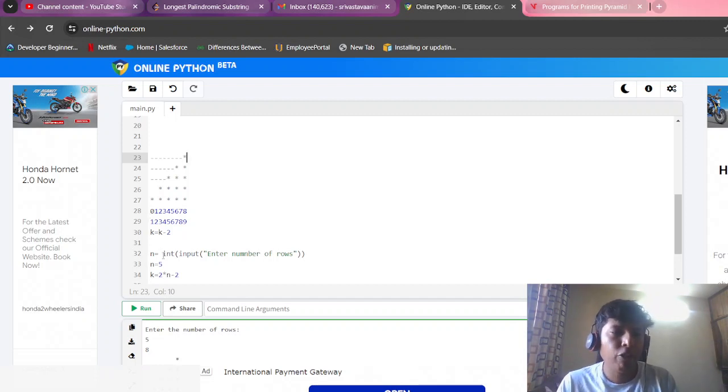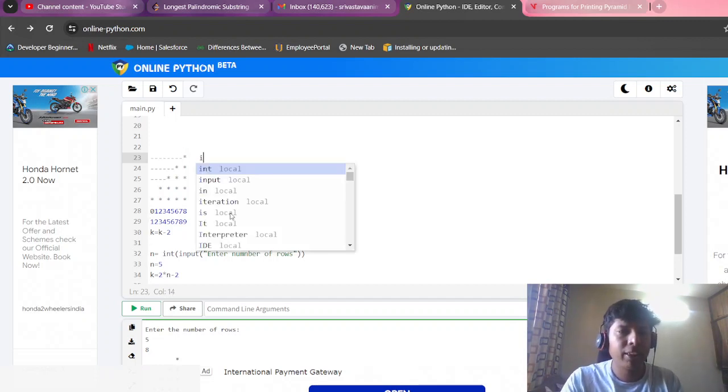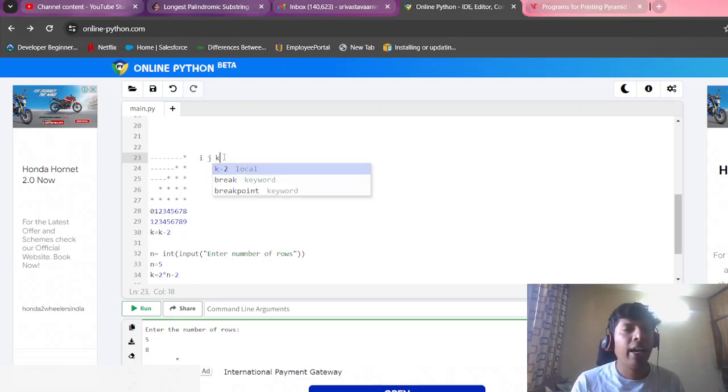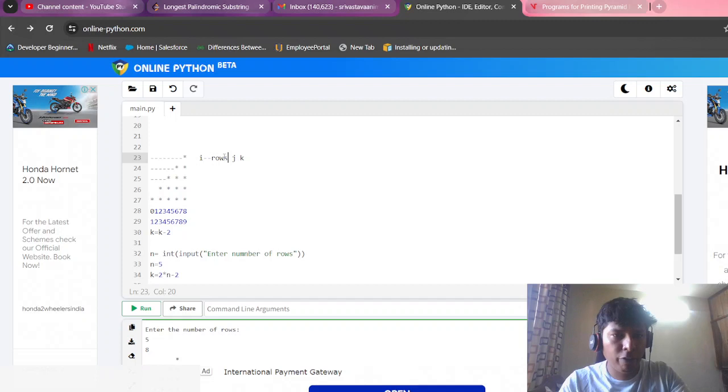So last time what we did was we used two variables i and j, and that helped us to form the pattern. But this time we have to keep track of the spaces also. So we will take help of another variable which would be k, and that will help us to track the spaces. So i will take care of the number of rows, which is this 0,